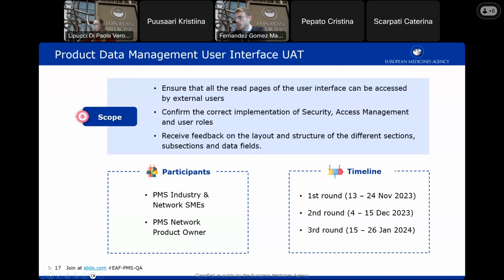We foresee three rounds of UAT. The first one will be launched on the next week on Monday 13th, will end on the 24th of November. Then we will take a week to make sure that we triage correctly the information and we can prioritize the feedback that we have received, make the priorities, but also making sure that they are clarified across our SMEs. Then we will launch a second round, which is going to be run from the 4th to the 15th